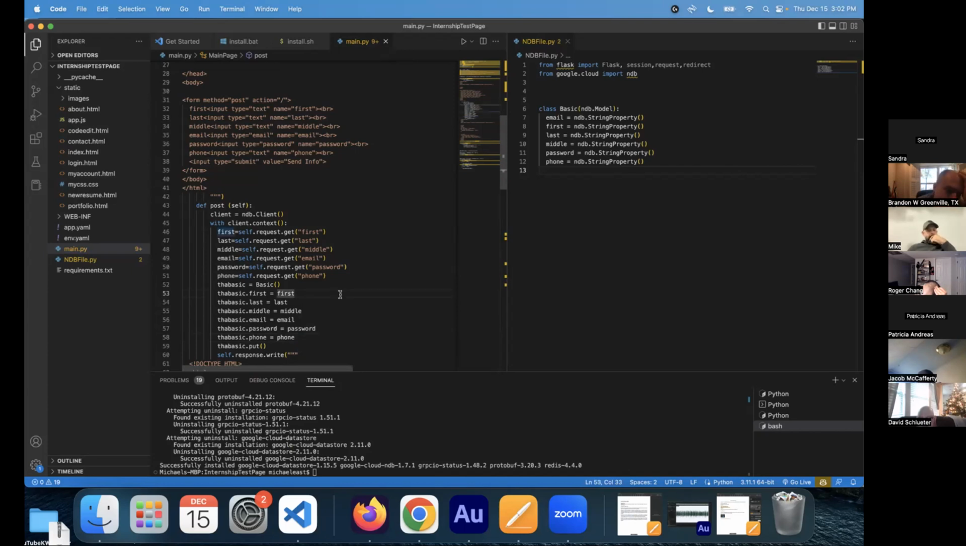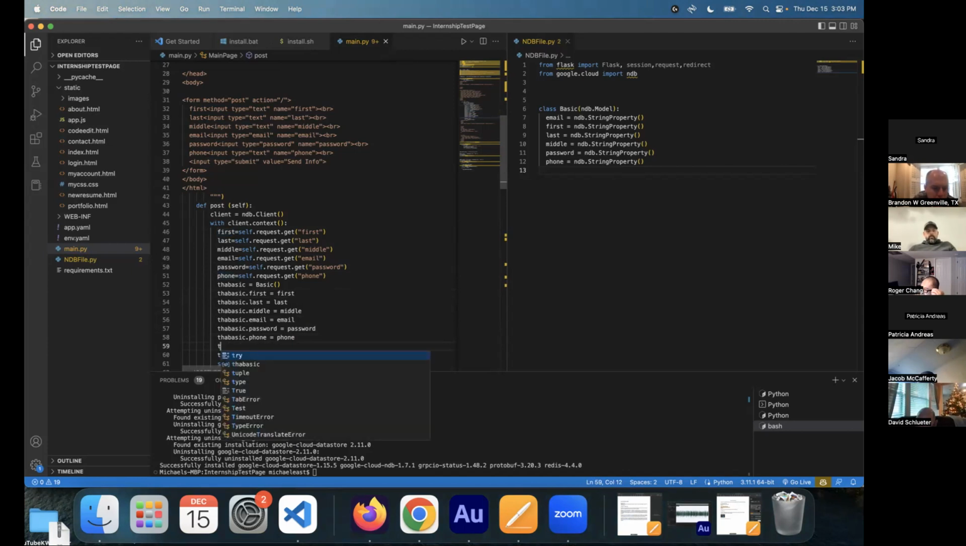All right, so that's all we need to enter it. But like I was saying, we're going to want to assign a key so it's easy to retrieve that user's information later. So click to the end of line 58 and hit enter. And now do the basic dot Key with a capital K